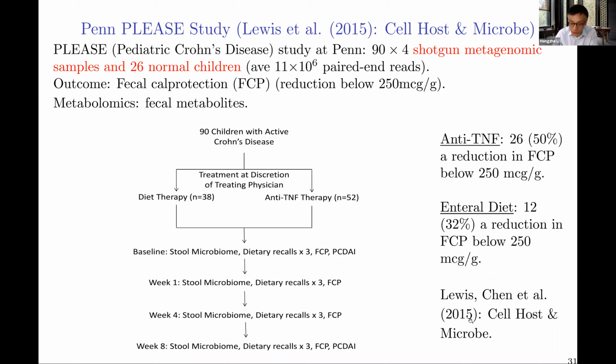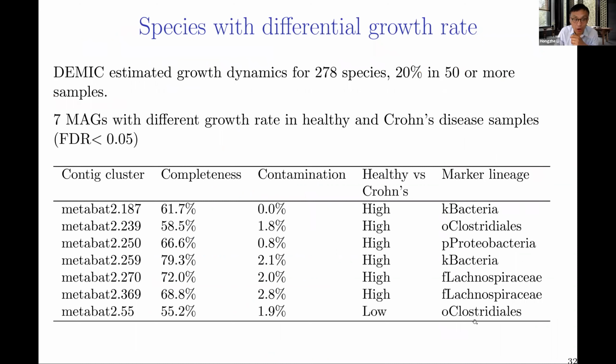In our original 2015 paper, we just looked at how, after treatment, the gut microbial community shifted in terms of the community composition. That was published before. But you can apply our algorithm and try to study whether there's a difference between the healthy individuals and the children with Crohn's disease in terms of how fast the bacteria are dividing. Our algorithm was able to estimate the growth rate for a total of 278 species, and